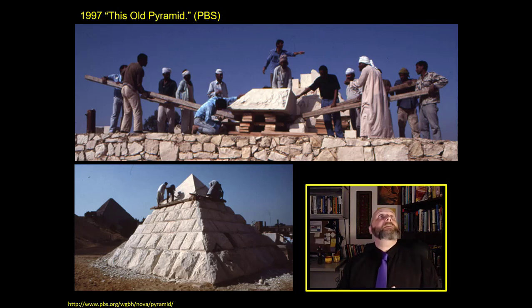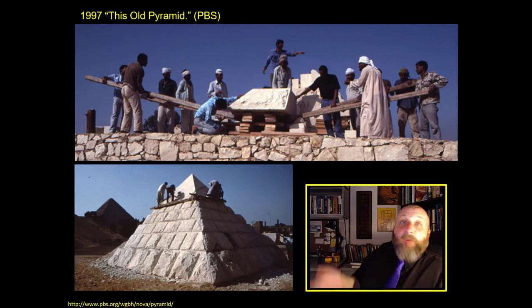And this was done quite famously in 1997, when PBS and a number of other people paid a very famous Egyptologist called Mark Lehner. And they said, hey, why don't you build us a little pyramid? There it is. And the trick was they were going to fund Mark Lehner building them a new pyramid on the documentary, This Old Pyramid. And he could only use bronze tools from the Old Kingdom to do, well, not the actual tools, but they were replicas of bronze tools from the Old Kingdom to do it, just to see how things were going. And the answer is, it's all quite possible.